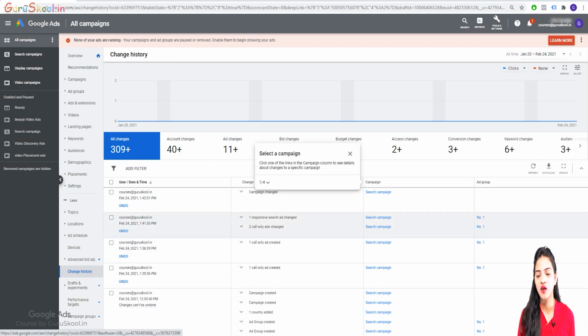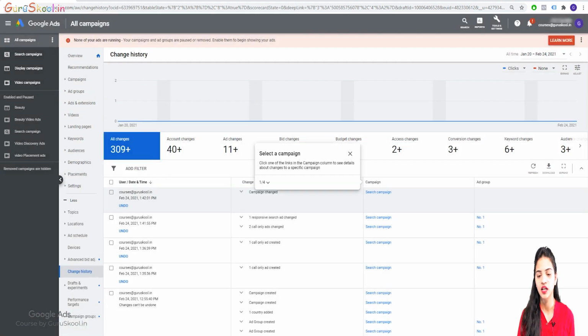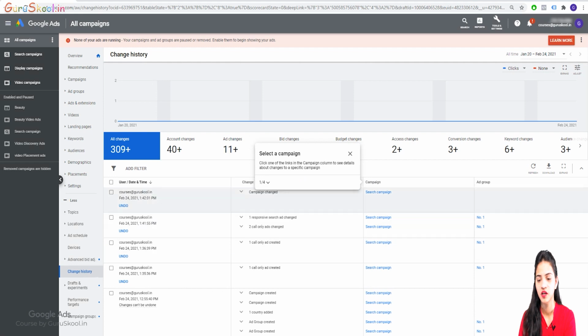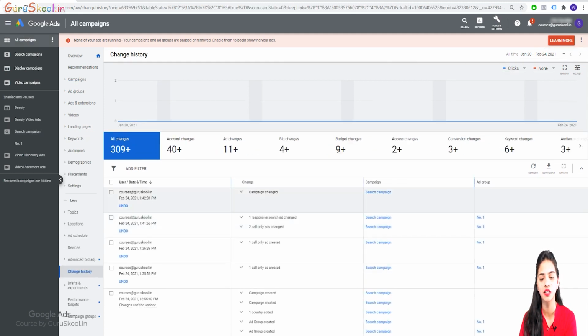As you can see, there are all the things which you have done till yet. Let's take the tour. Click one of the links in the campaign column to see details about changes to a specific campaign. Then we'll select the campaign, locate the change, select a change category and reset the table. Alrighty, search campaign. Then we can simply go back, and these are all our campaigns and this is all our